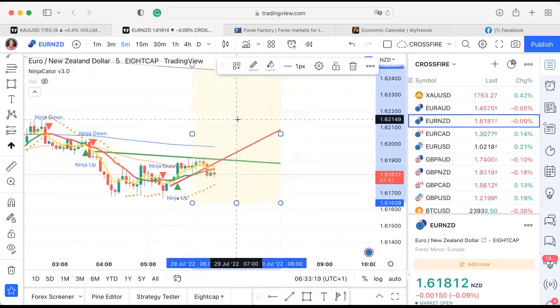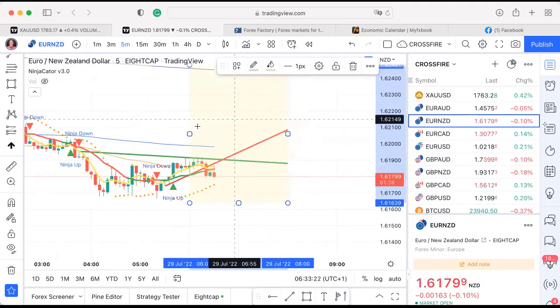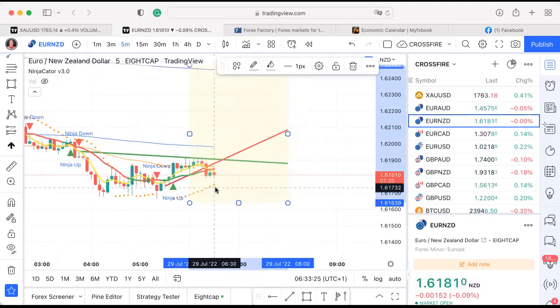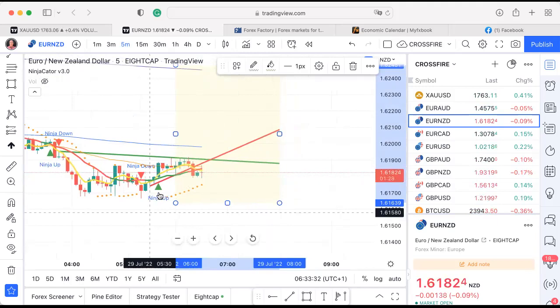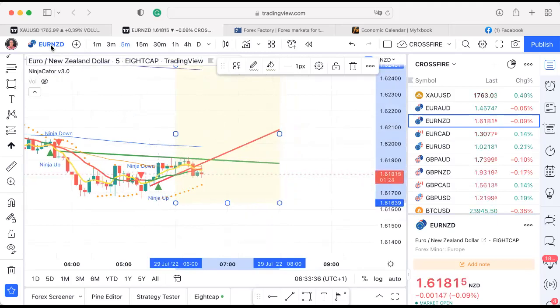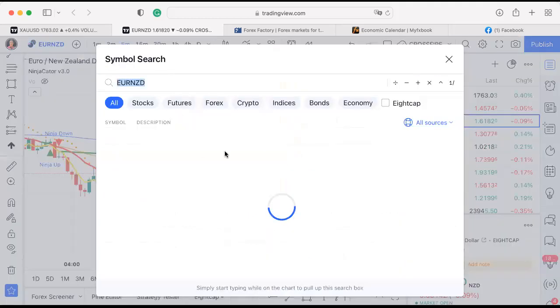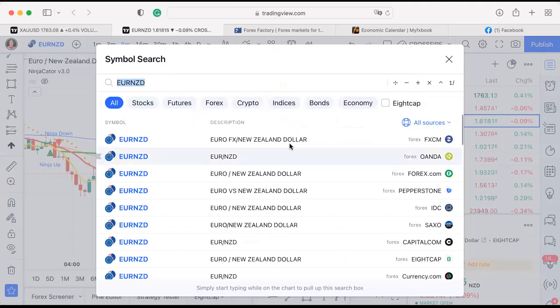Which pair are you looking at? Euro New Zealand dollar. Well, the PSARs are underneath, so they're pushing the price upwards. So I must have a wrong chart to you then. Okay, well, I'm on 8 cap. I guess if we have a quick look at, say, Oanda, well, which broker feed are you on? On FXCM. Okay, we'll have a look at that.